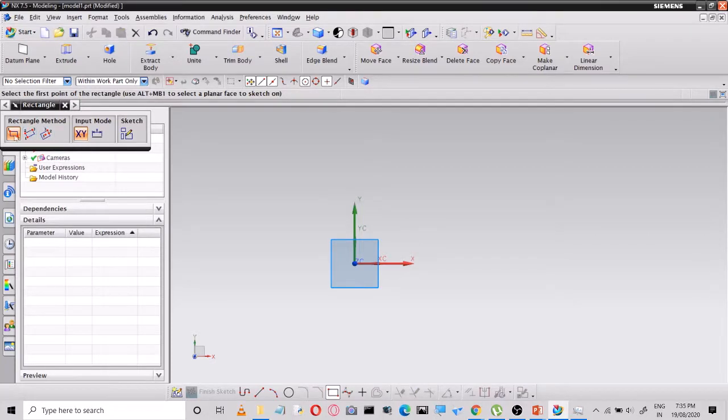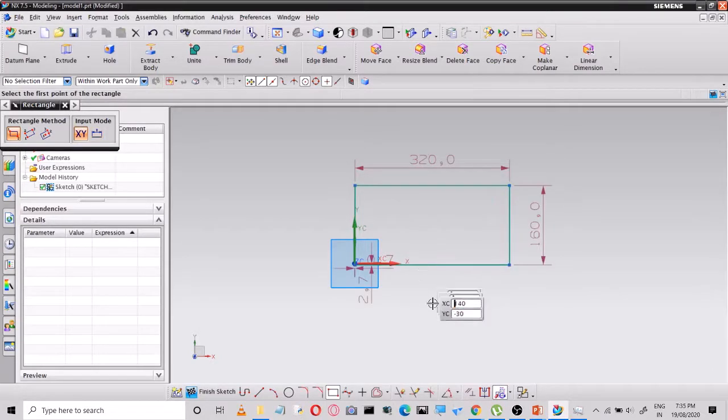Now let us go for by 2 point. So just provide its width and height here. Now this one is by 3 point. First you specify the first corner point, then you specify the width. Let us go for width as 100. Then you can specify angle here, orientation angle 45 degree.